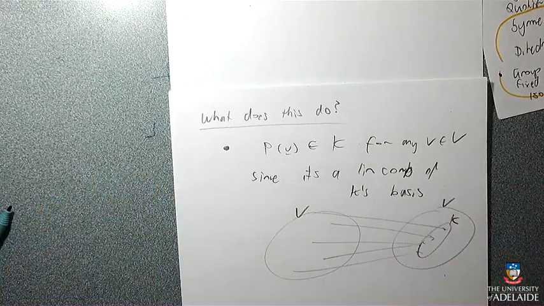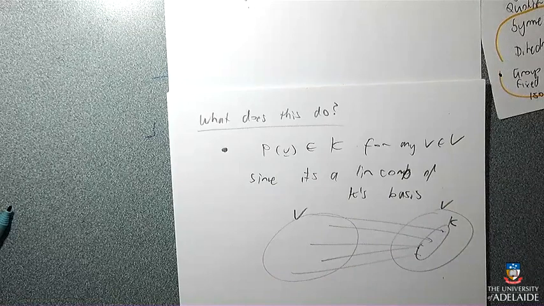Couldn't you write then P as a function from V to K instead? You could write P as a function from V to K. But it may be important for us to think of it as a function from V to V, because we may be interested in factoring V out by K. No, you normally factor out a kernel, don't you? Scrap that. But the point is that until we noticed that it was a function from V to K, it was just a function from V to V. So, yes, you could say it was from V to K, but it may also be important to realise that this is a linear transformation from V to itself, and they have their own structure.